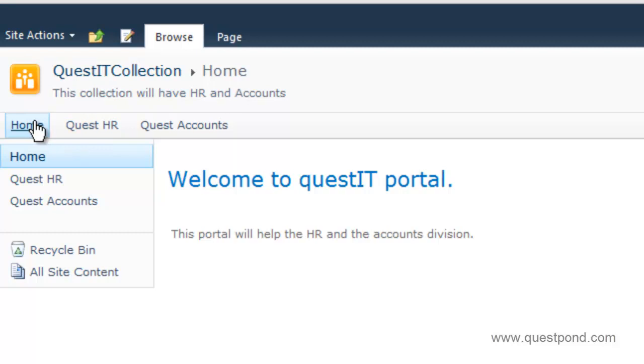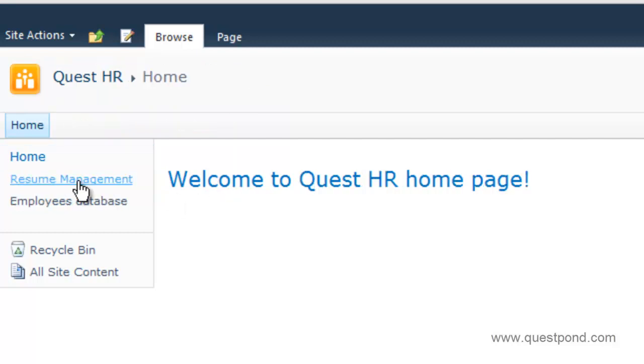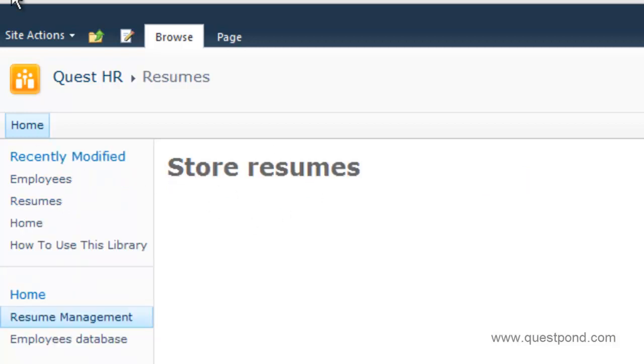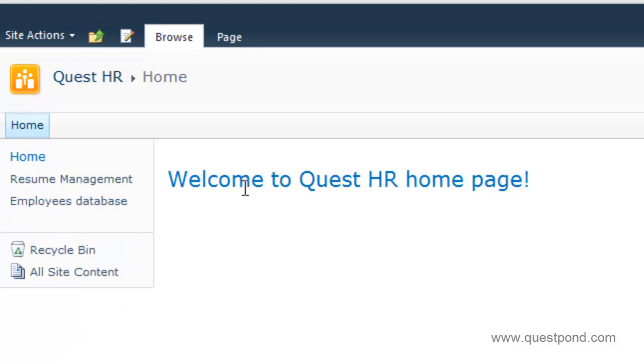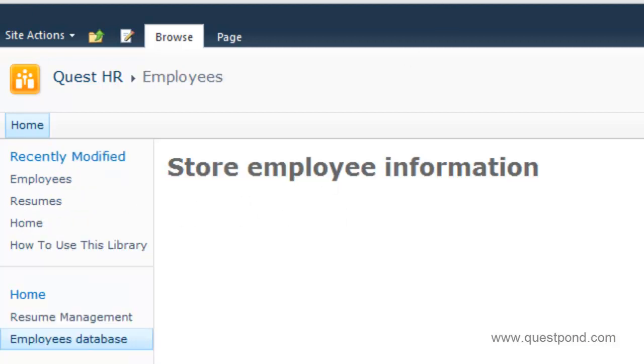From the home page I can go to the Quest HR subsite or the Quest accounts subsite. From Quest HR I have created 2 links. One is for the resume management and the other one is for the employee database. If I click on resume management, I go to the store resumes page, and if I click on the employees database, I go to this page of employees database.